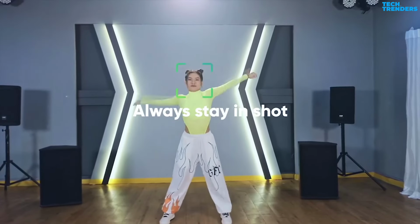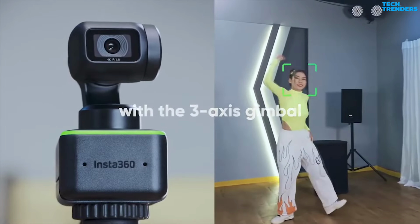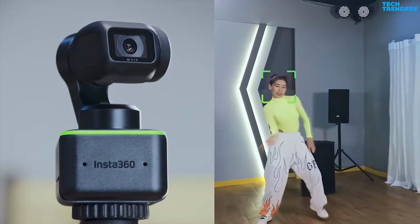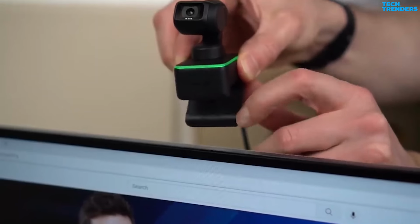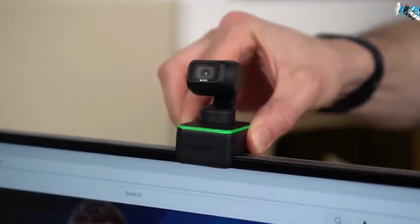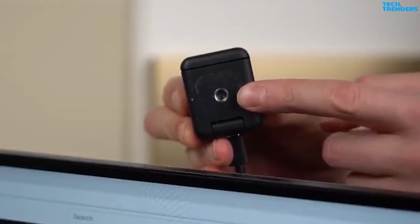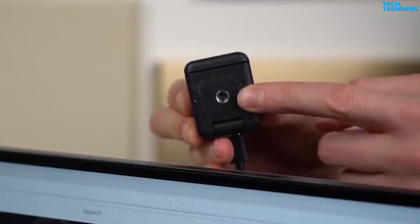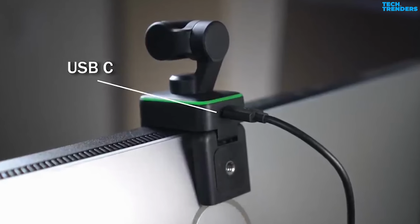The Insta360 Link's camera is attached to a 3-axis gimbal that rests on a small square base. The base's bottom features a small lip and a hinged arm, allowing the camera to lay securely on your monitor. The bottom of the arm also has a tripod screw mount in case you wish to use it elsewhere other than your computer. There is a USB-C port on the back of the camera that allows you to connect the